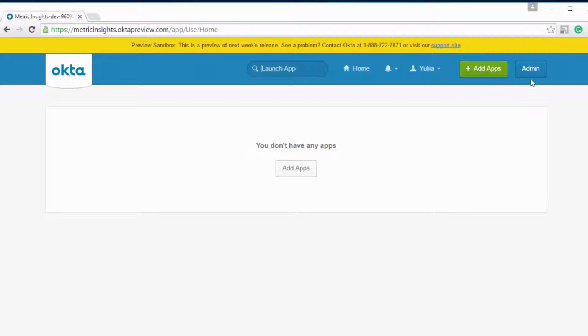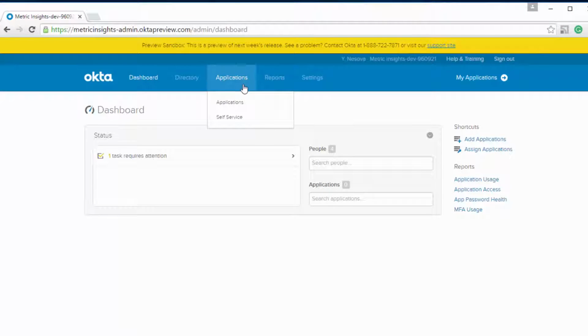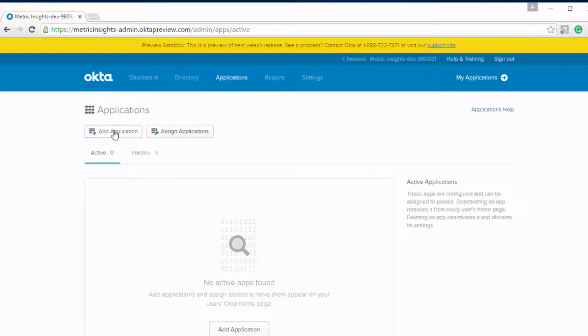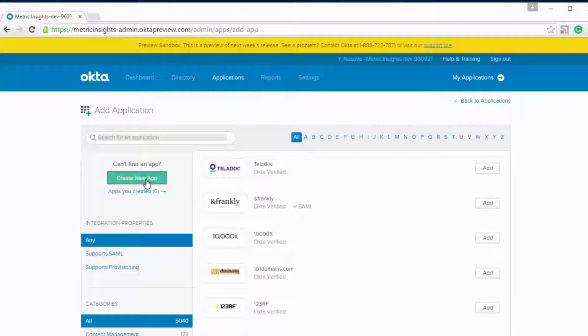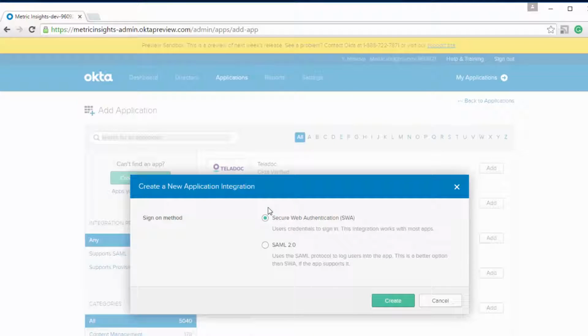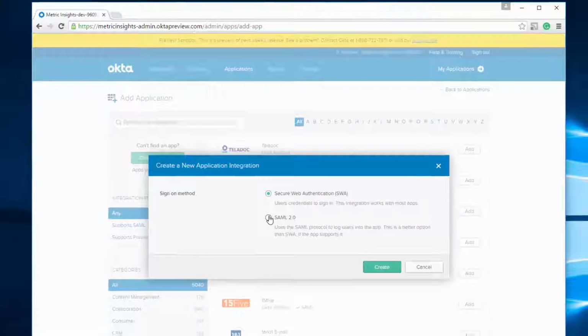Go to Admin, Applications, Add Application. Find and click Create New App. Then you'll be offered several sign-on methods to choose from, and obviously, we're going to select SAML 2.0 and proceed